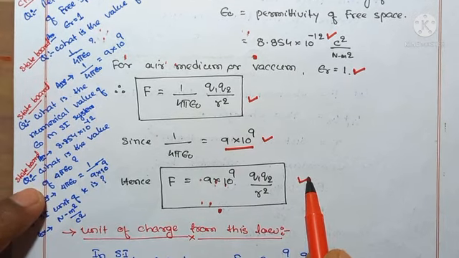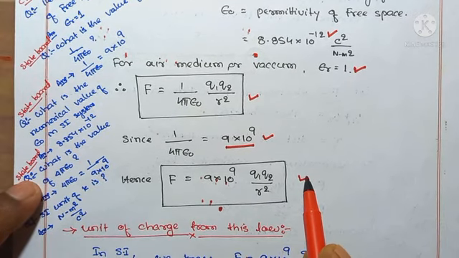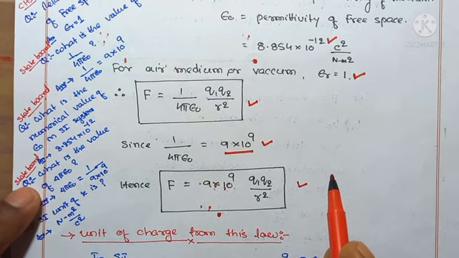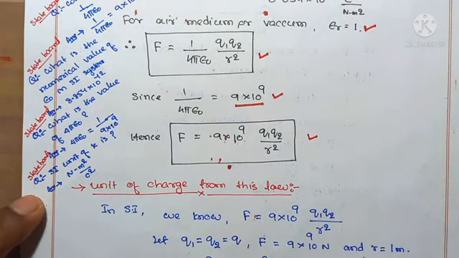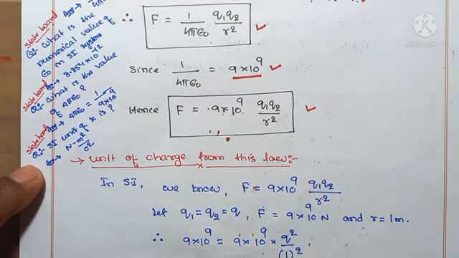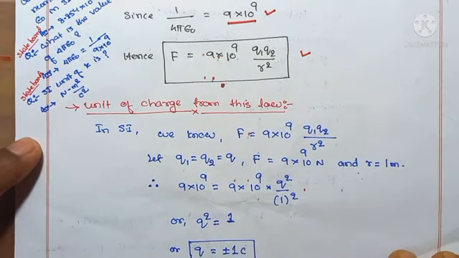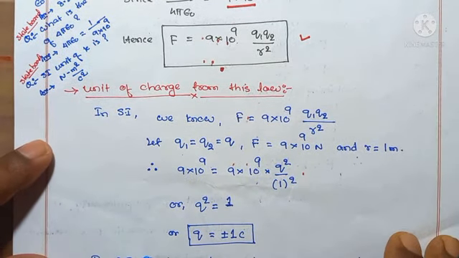अच्छा, what is the SI unit of K? SI unit of K कितना होता है? That is न्यूटन मीटर स्क्वायर बाय कूलम स्क्वायर. कैसे हुआ? कैलकुलेशन नीचे करेंगे. Now unit of charge from this law, in SI unit,